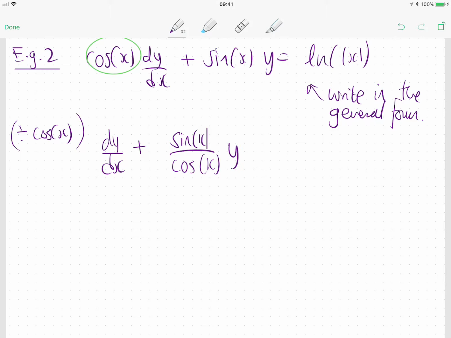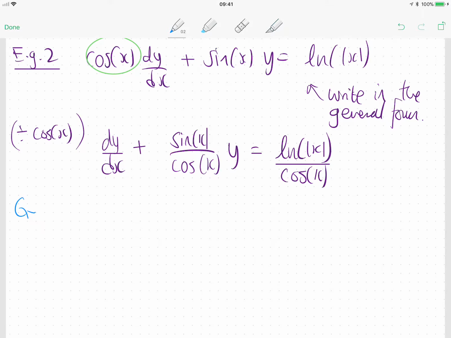It's quite convenient for finding p. And then on the right hand side, divide by cos of x. I'm not going to worry too much about the domain here. There are some values of x that don't make sense in this equation. I'm not too concerned with that at this stage. So the general form,